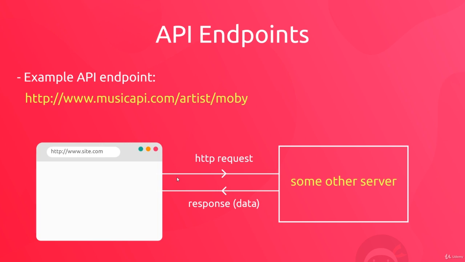Now there's many different APIs that we can use to get data: Twitter, YouTube, Instagram, Spotify, and loads more. And each API is going to have its own set of endpoints that we make requests to for data. You could even make your own API using a server-side language such as Python, Ruby, or even JavaScript if you're using Node.js. But anyway, once we make a request to an endpoint from the browser, we typically get back a selection of data in a format called JSON. And JSON is a format which looks very much like JavaScript objects,